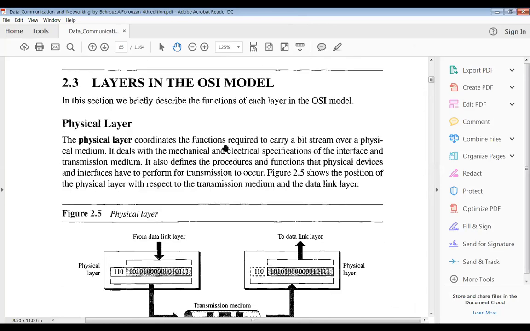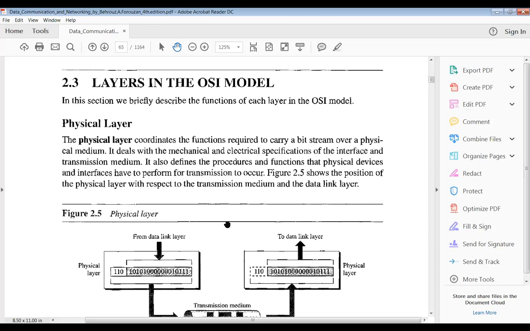these are the functionalities of the physical layer. So already we know that with the help of some physical devices only your data will be transferred, right? So in the physical layer, the functionalities are that it will coordinate all the functions that are required to carry a bit stream over the physical medium. It is responsible for all the electrical specifications of your interfaces. Interfaces means it can be your cables or your devices. So we need to bother about all these interfaces and their electrical specifications, whether those specifications are good or not, whether they are able to transfer a high amount of data in the transmission medium. We will bother about all these things.